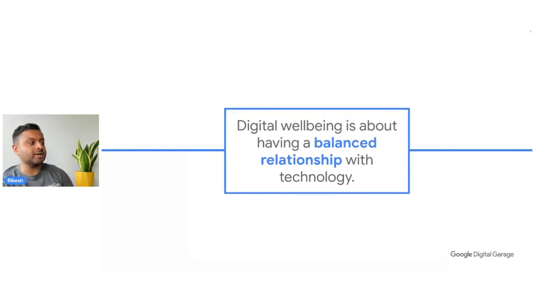So when it comes to digital well-being, we want to make sure that we are having a balanced relationship with technology. So it's not a case of thinking about digital well-being and thinking, right, okay, well, that's it. I need to shut down my laptop. I need to close down my tablet. I need to switch off my smartphone, and not be using any of those devices or any other digital devices out there, just to ensure that I've got digital well-being. Because as we are all aware, these devices that we use predominantly on a daily basis are useful in our day-to-day lives. They help us with different aspects, not just with work, but also our personal lives as well.